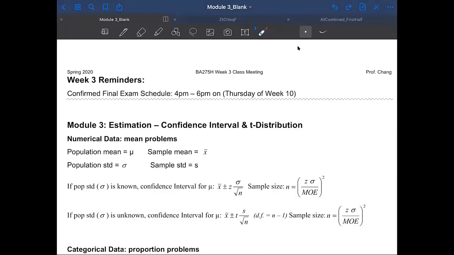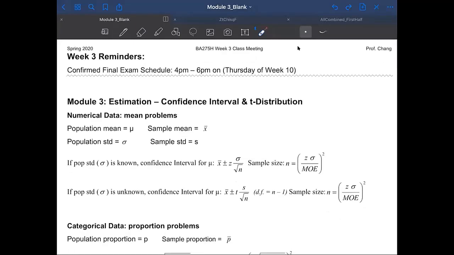Okay, and so point estimation is easy to find out. For example, if you want to estimate a mean, the population mean, that's mu, you can use a sample mean to do it, right? You want to estimate something from the population, which is typically much bigger in size. You may want to use the sample, which is smaller in size, and this part is easy to find. If you want to estimate a population standard deviation, you can use the sample standard deviation.